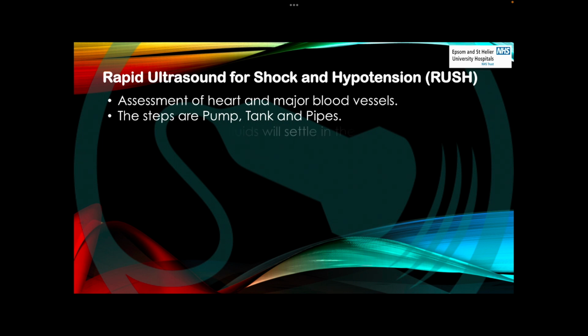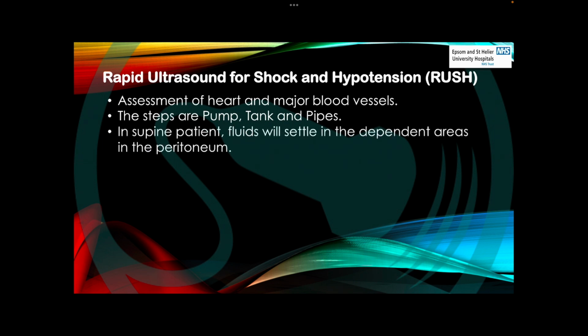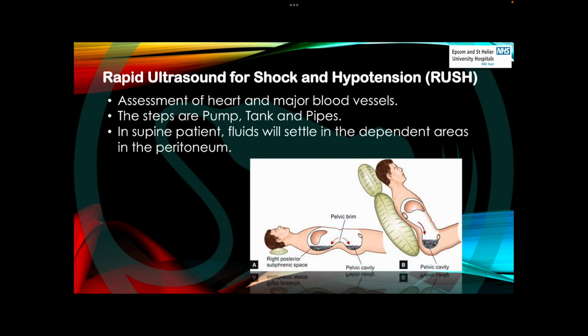In principle, free fluid within the peritoneal cavity will settle into the dependent areas within the peritoneum where the patient is supine, which can be detected via ultrasound imaging. So if we see here, the patient is lying down, so the fluid will come here, the fluid will come here. So these are the dependent areas where the fluid is lying down. So when you do an ultrasound scan, you will be expecting fluid in these areas. Okay, and